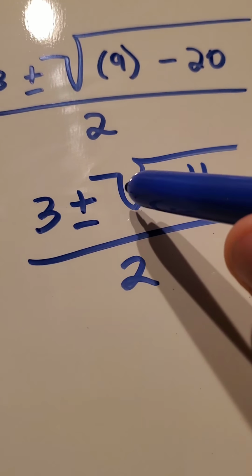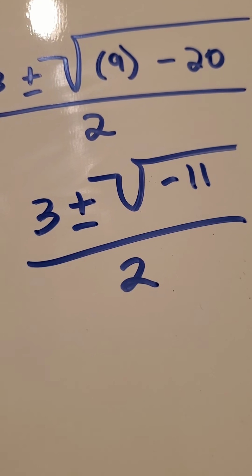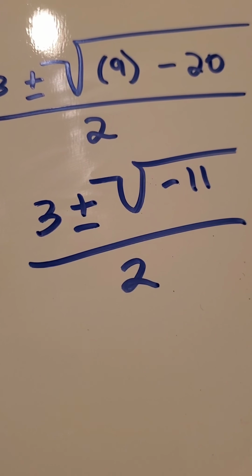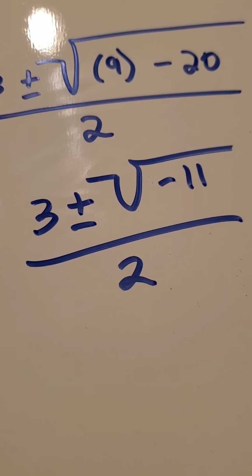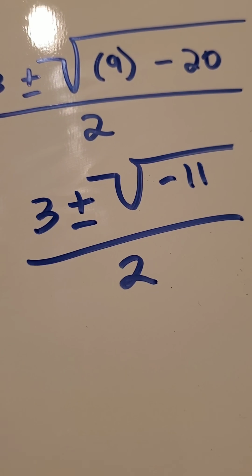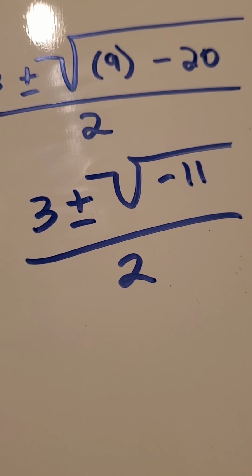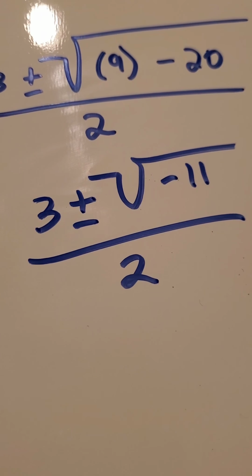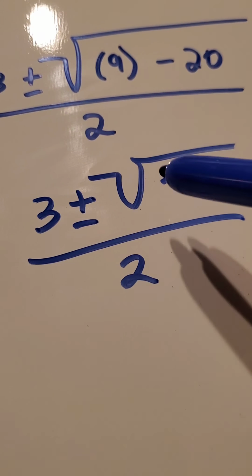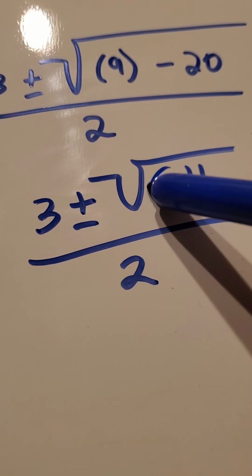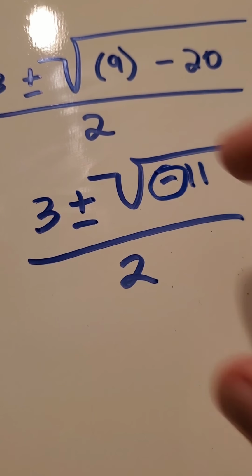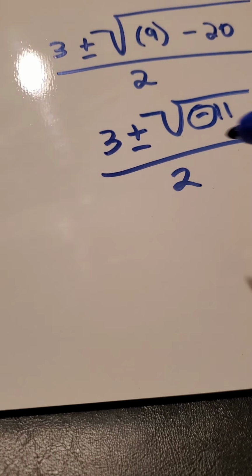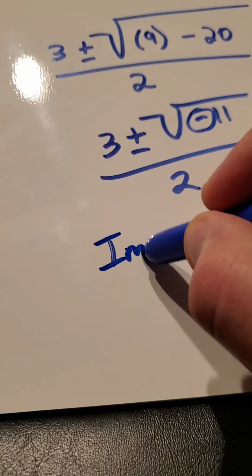Anytime you try to take the square root of a negative number, if you put that in your calculator it is going to freak out and tell you it does not exist. Okay? There's something called imaginary numbers, which we talked about a little bit when we introduced this quadratic formula. But we currently do not have a way to solve imaginary numbers. So anytime you start to use your quadratic equation and you get a negative symbol inside that radical, that tells us we do not have real solutions. We have what's known as imaginary